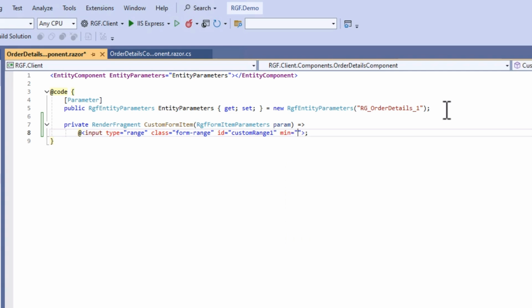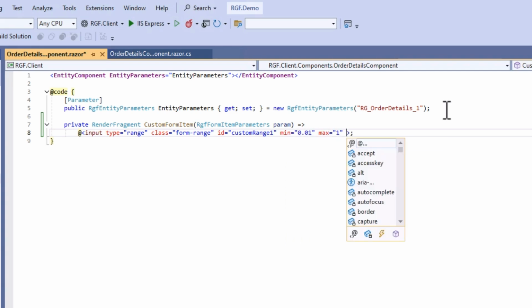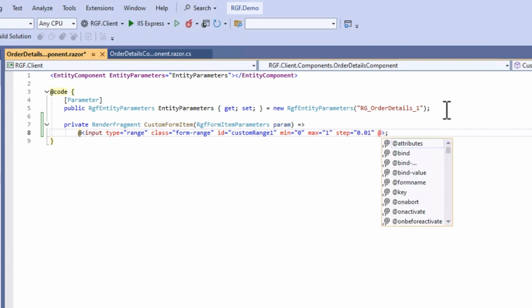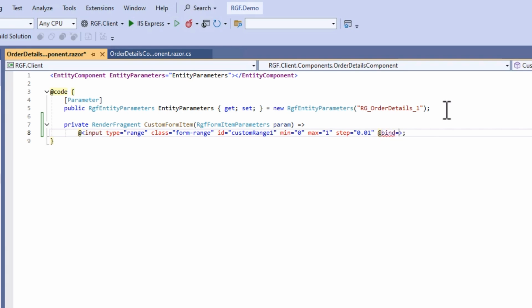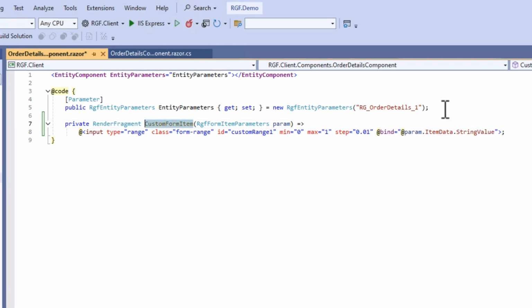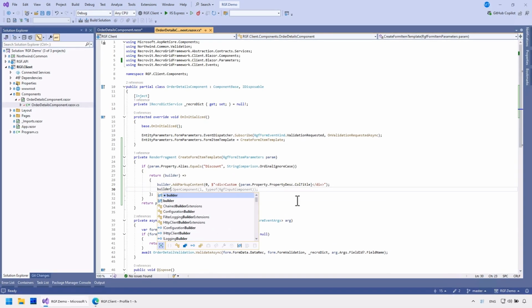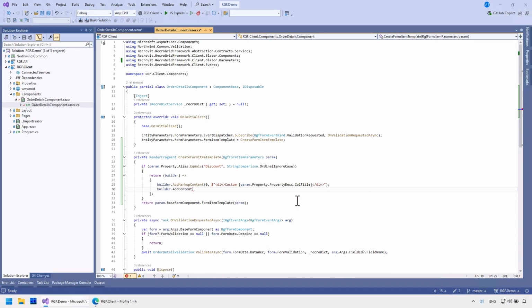I will set the minimum and maximum values, and the step interval. The minimum should rather be 0, as that is also allowed. I will bind the value to the current item data. Now I will specify the previous method in the content.